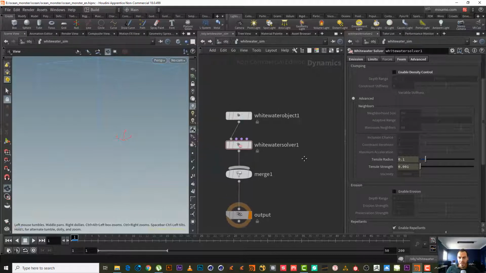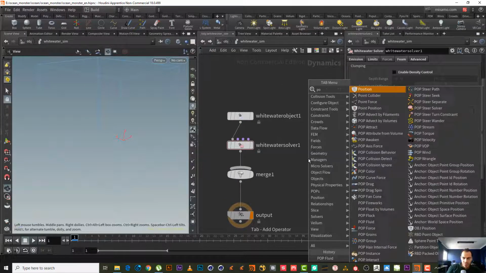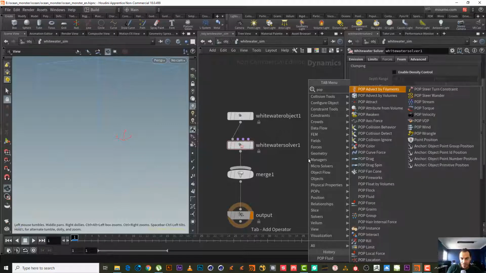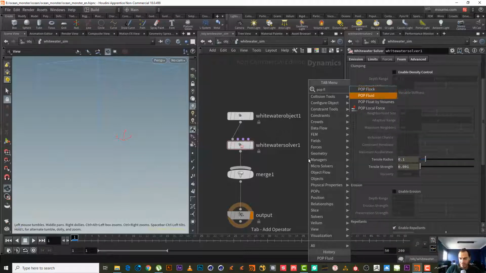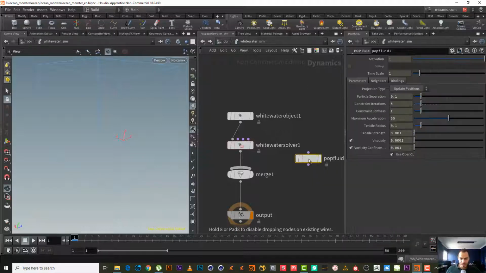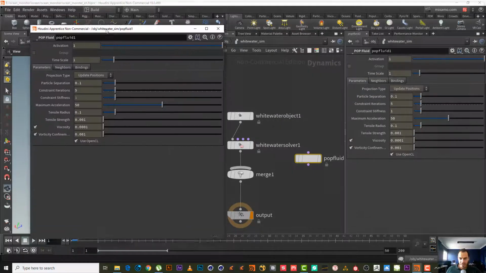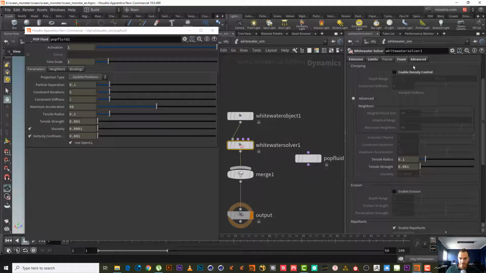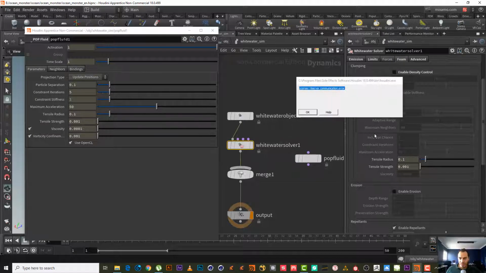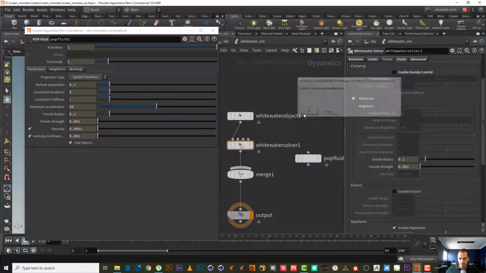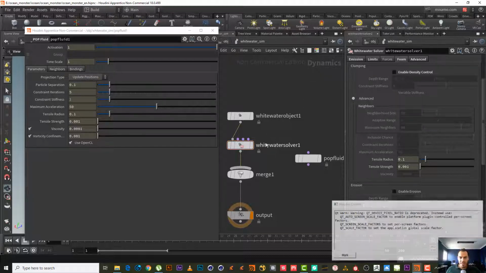Okay, and if we want, we can make it work the same as pop fluid. If we look here at the pop fluid parameters and pop solver as well, we will see that